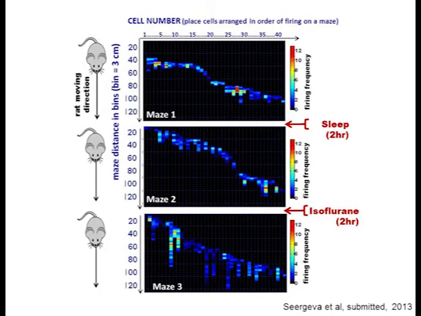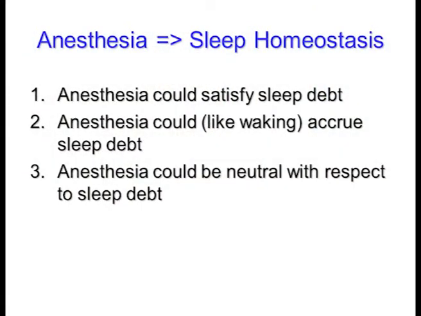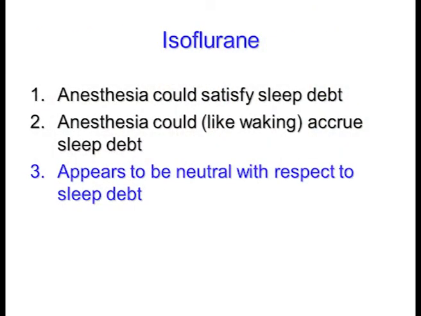And we've been exploring what happens during the waking state, after sleep, and during isoflurane. And you can see this sort of smearing effect of the spatial map after isoflurane. So that's just something to point out in terms of what direction we're going, in terms of getting into more details. So, to answer the question about anesthesia and sleep homeostasis with isoflurane, isoflurane really fit into the third category,